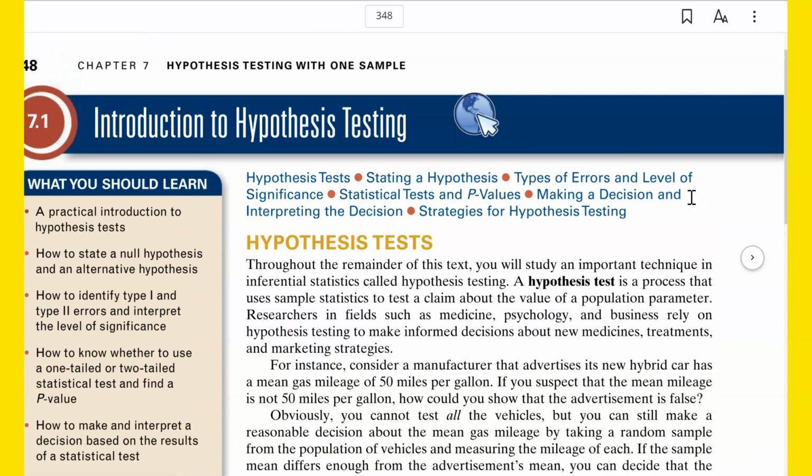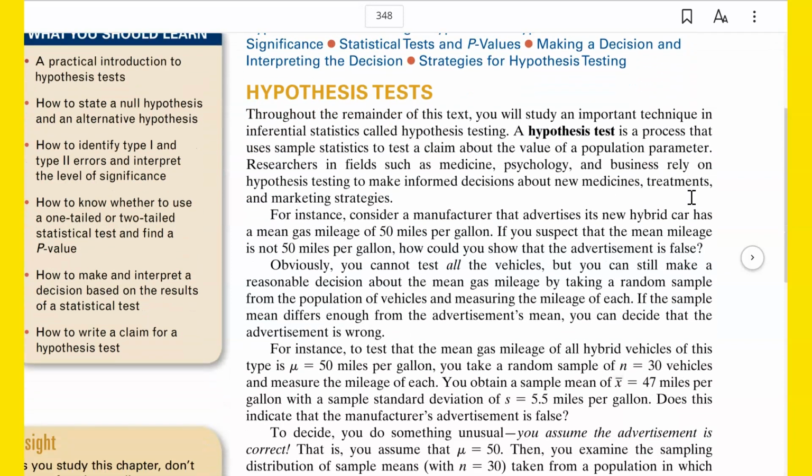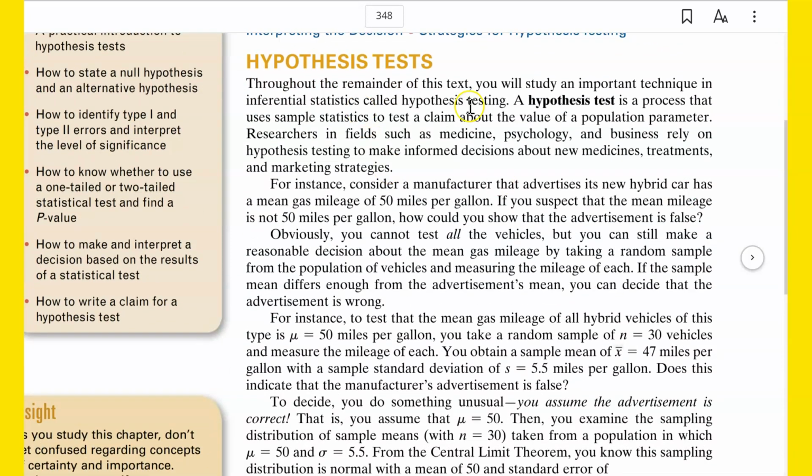Chapter 7 is about hypothesis testing, introducing us to that. Throughout the remainder of this text, you will study an important technique in inferential statistics called hypothesis testing. A hypothesis test is a process that uses sample statistics to test a claim about the value of a population parameter. So, it tests a claim about some